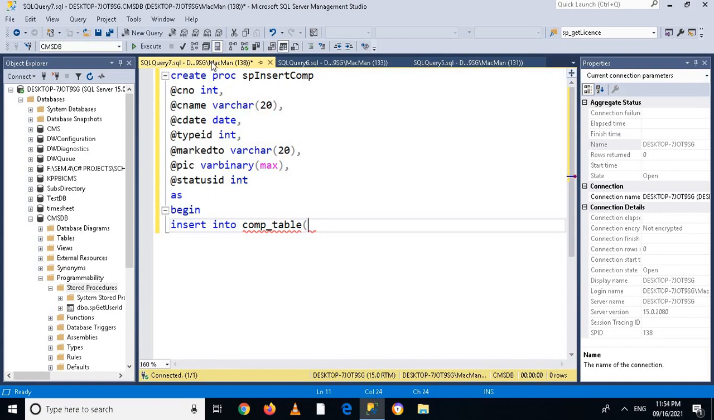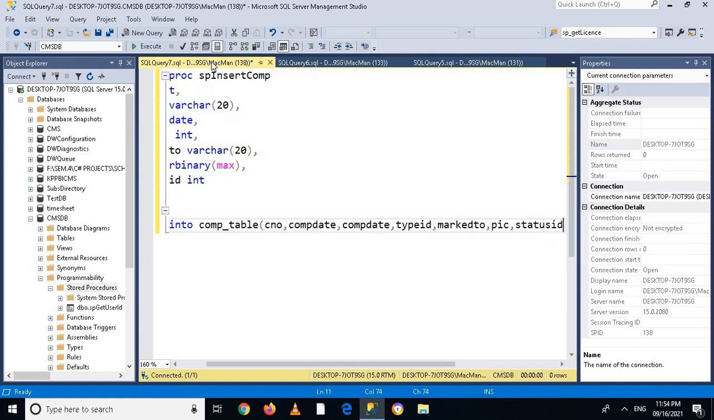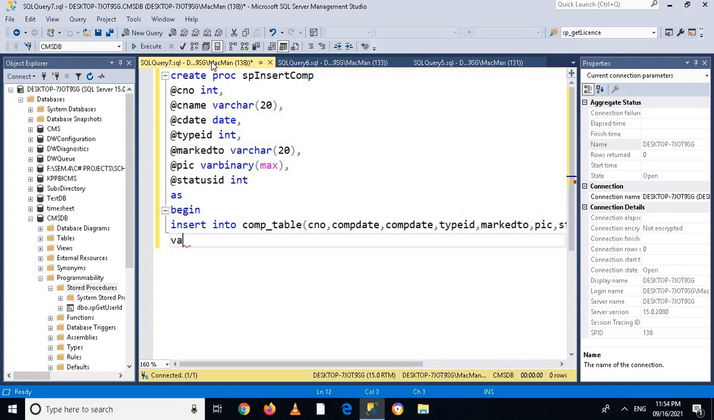And now we will create the insert. So insert, now parenthesis, and here I will pass in the columns actually: c_number, comma c_name, complainant name, comma complainant date, comma then type_id, then mark2, then picture, and then status_id. And now we will close the parenthesis and then values,